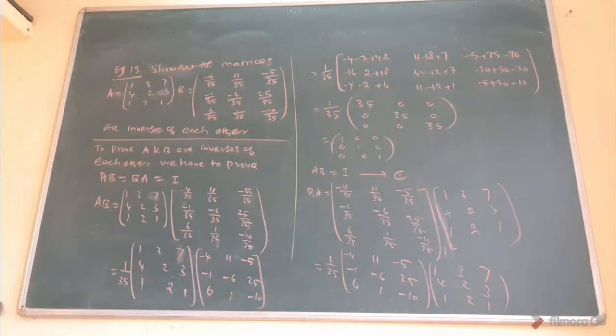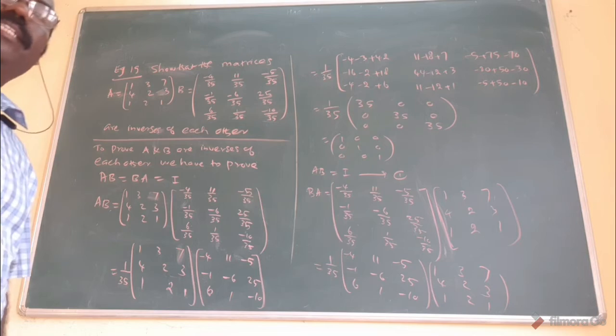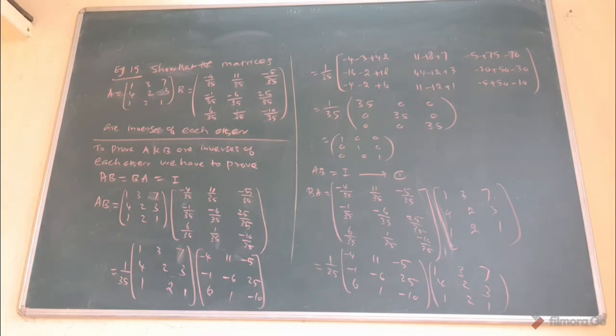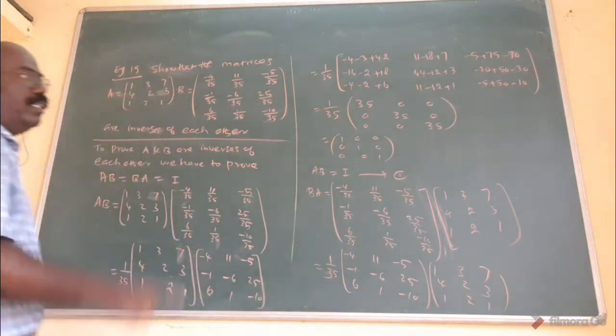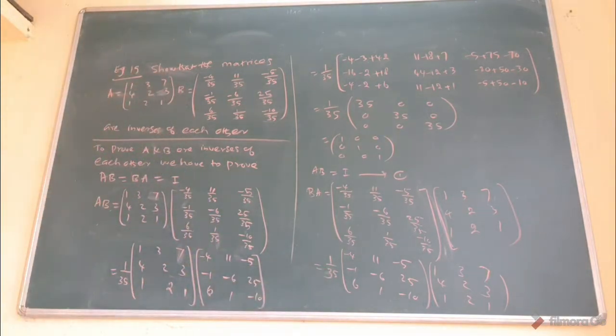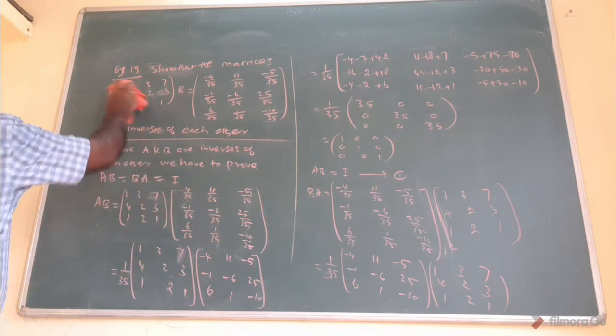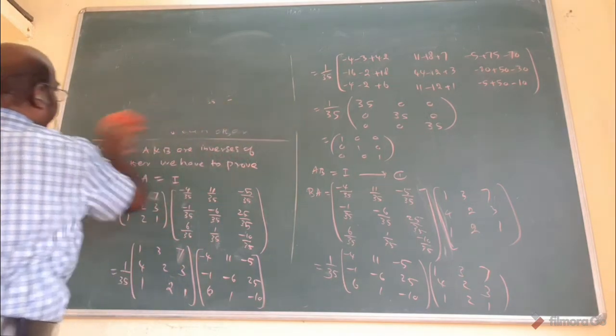It's somewhat lengthy calculation, but concepts are easy. Simple concept. Very simple concept. A with B equal to I. Again, you will find B with A also, the same answer will come. Now, you want to multiply this one? This one over, you know? AB with I. AB with I is over. Now, I start with BA. 1 by 35 is common.